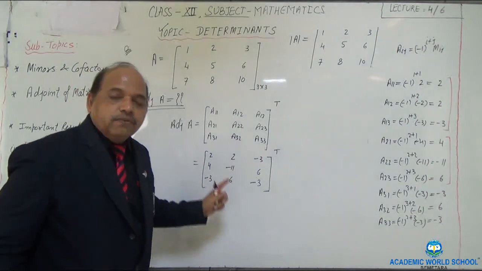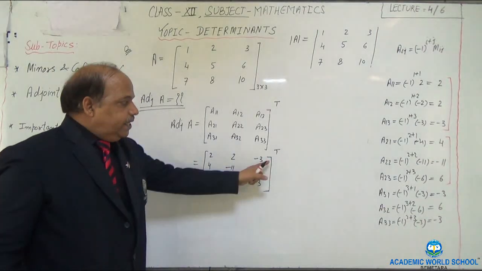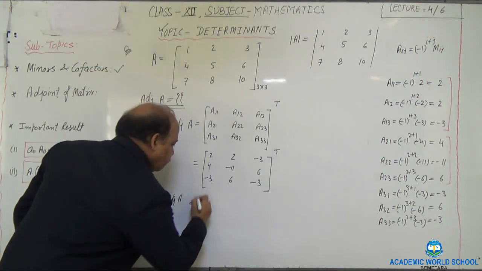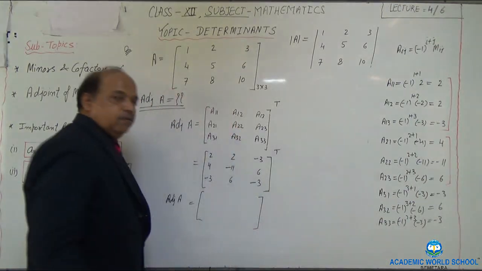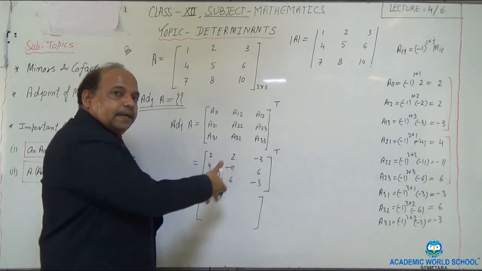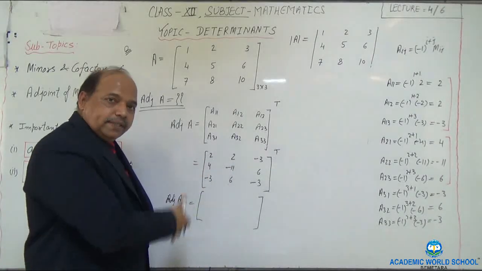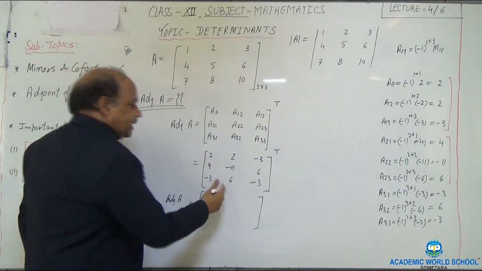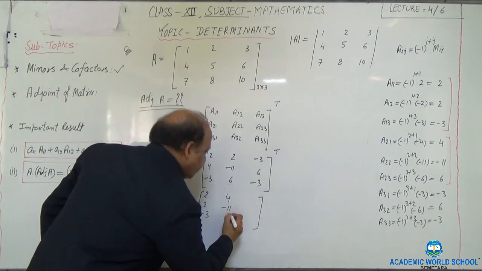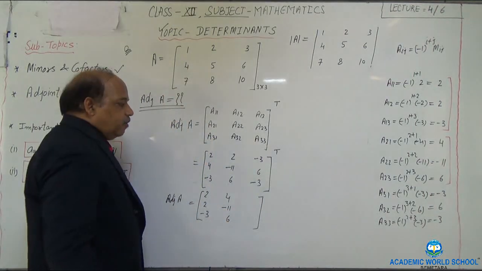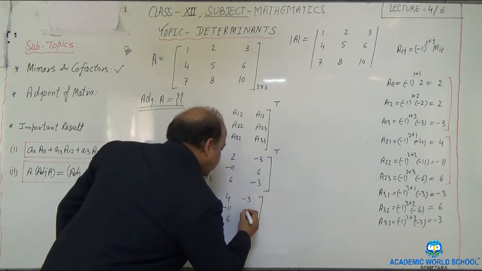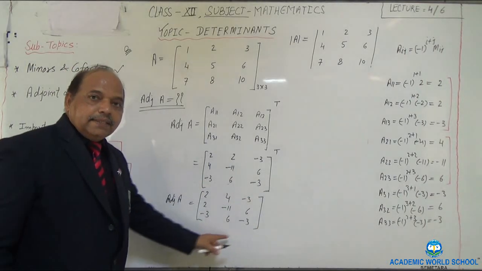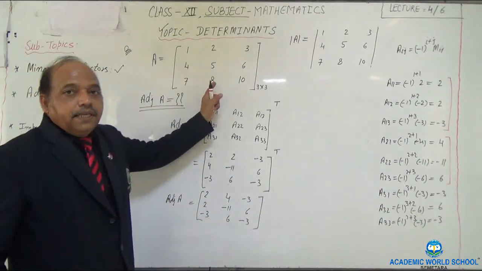Now check this one. What we have written is the cofactors matrix. We have constructed the cofactors matrix. We need to take the transpose of it. So adjoint of this will be, if I take transpose, what does it mean? Each row will become the corresponding column. First row, first column, so write down that 2, 2, minus 3. Second row will become second column, therefore it becomes 4, minus 11, and then 6. And third row becomes third column, therefore it is 3, 6, and then minus 3. Now you can see that this is representing the adjoint of this given matrix.